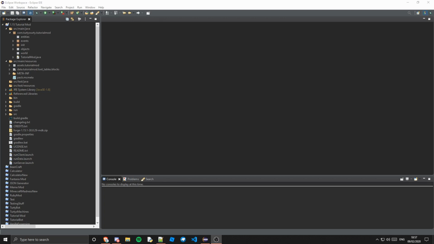In this tutorial we're going to be going over tags, also known as ore dictionary, or at least it used to be known as ore dictionary, but now it's known as tags. So what do tags do? Basically, they group items, blocks, fluids and entities into their own little groups, and you can utilize these groups